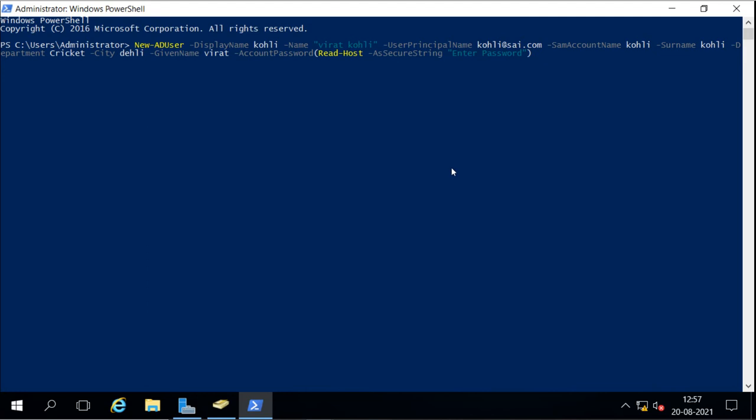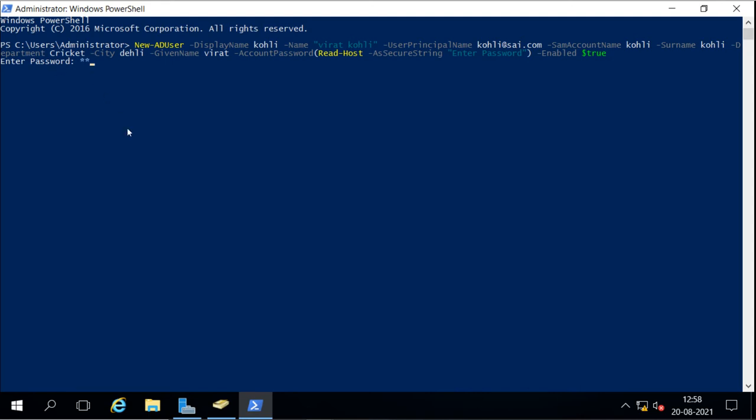Then the account will remain disabled. Remember, when we create any account from the command line in PowerShell, it will remain disabled until we enable the account. So for enabling the account we will use the Enabled option. As I want to create the account, I want to enable the account also, so I have to give this Enabled option, otherwise the account will remain disabled. So I will say Enabled equals true. That means I am setting the Enabled value to true, so the account will be enabled. Now you see it is asking me for the password, and this string I have given here is showing me the prompt to enter the password.